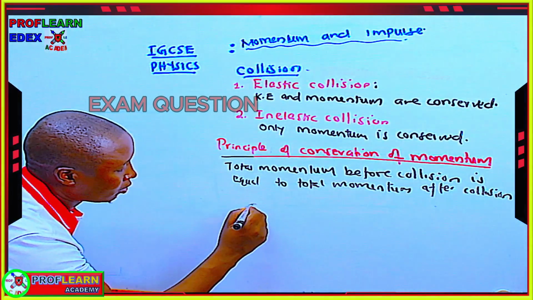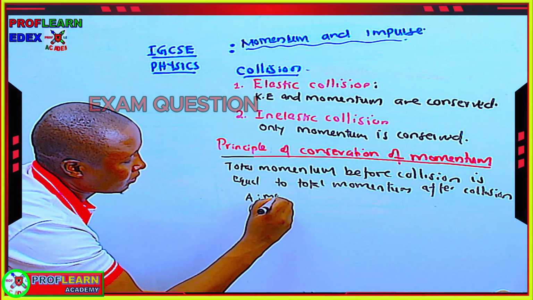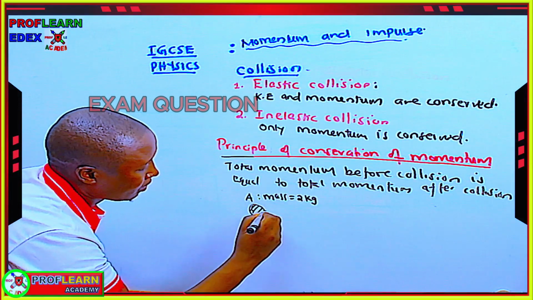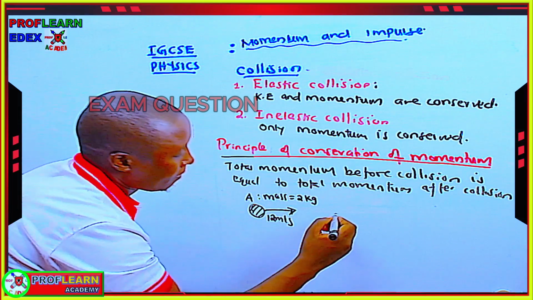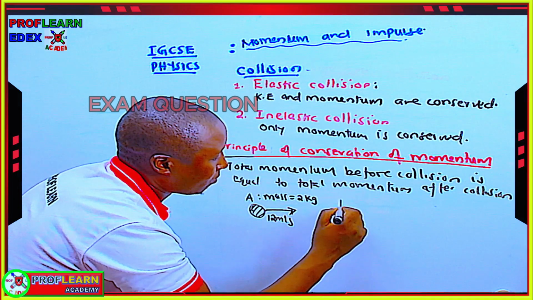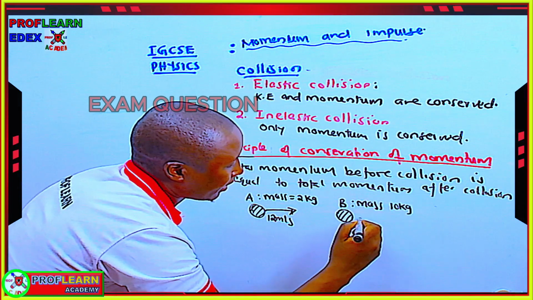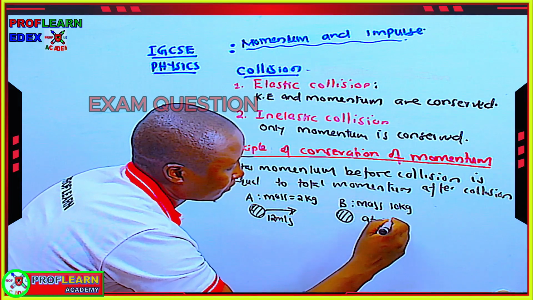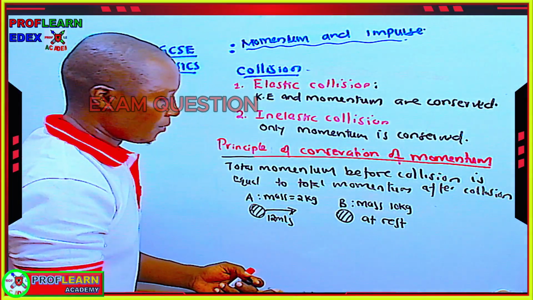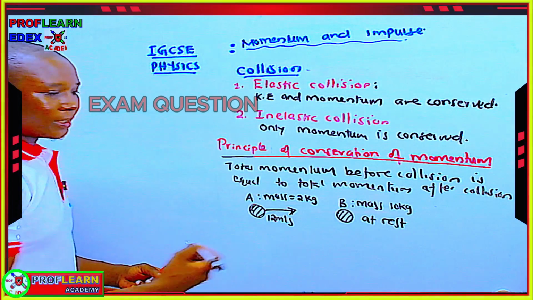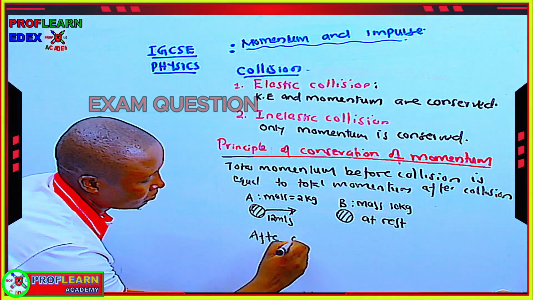Now, for instance, say we have an object A with mass equal to 2 kg, moving at a speed of 12 meters per second to collide with another stationary ball B of mass 10 kg that is at rest. At rest means it's stationary, it's not moving. After collision, they combine and move together with a common velocity. If they collide and move together after collision,